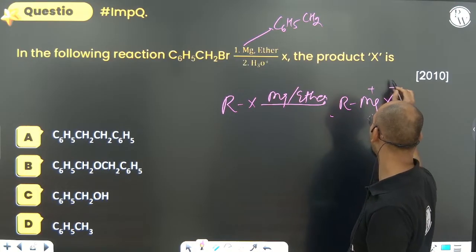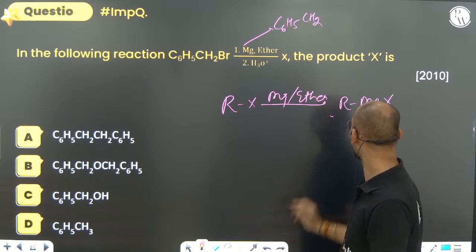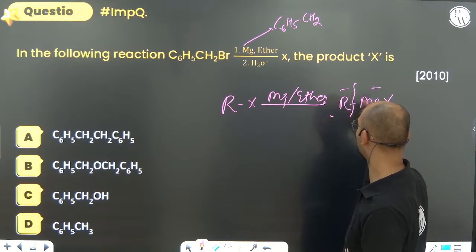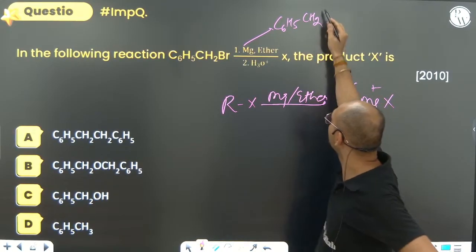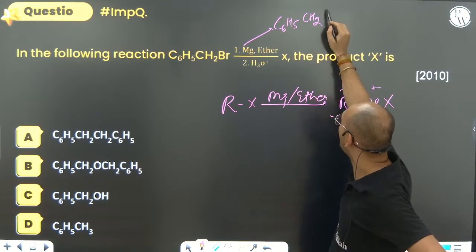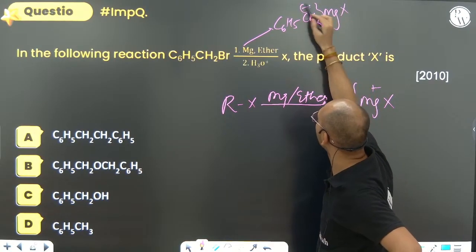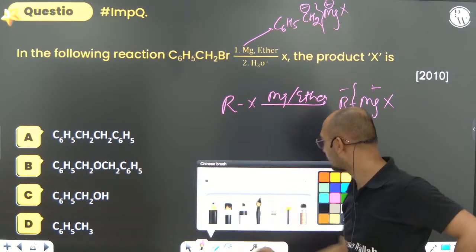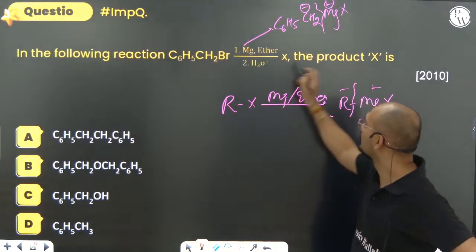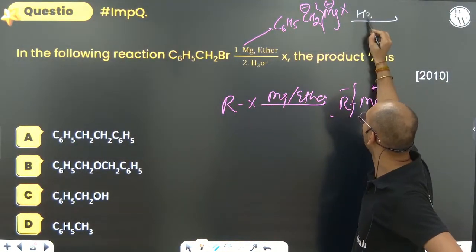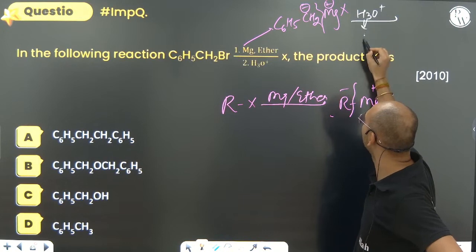R Mg X. तो RMgx, सॉरी, इसको कैसे ब्रेक करना? R माइनस Mg X, ऐसा तुम्हें कुछ करना है. तो कैन यू सी R, इट इज R पार्ट, R बीच में क्या ले आओ? Mg, साथ में क्या लाओ? X. इसको क्या कर दो? माइनस, इसको क्या कर दो? प्लस. Now what will be there? The next part is going to be H3O plus. Can you see H3O plus will give H plus.